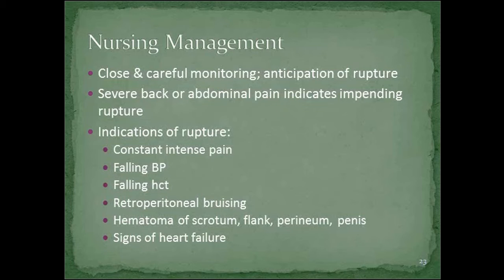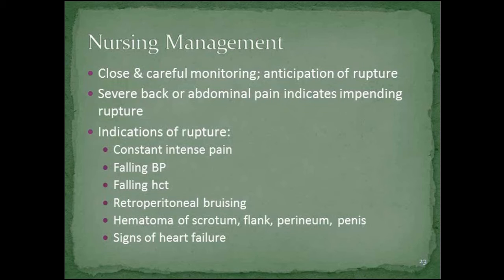Signs of rupture or impending rupture are severe back pain or severe abdominal pain and an increase in that pulsatile mass. And of course, it would probably be associated with elevated blood pressure. So those are abdominal pain and back pain for impending rupture, and then indications of rupture are going to be very intense pain. Of course, hemodynamic instability, decreasing blood pressure, increasing heart rate trying to compensate for the dropping blood pressure, a sudden drop in hematocrit,